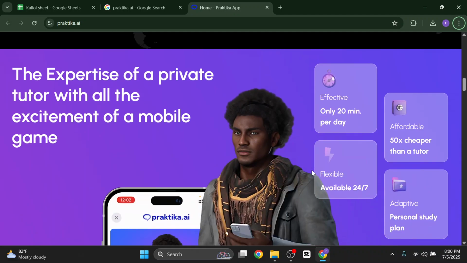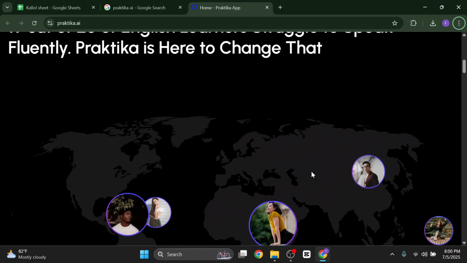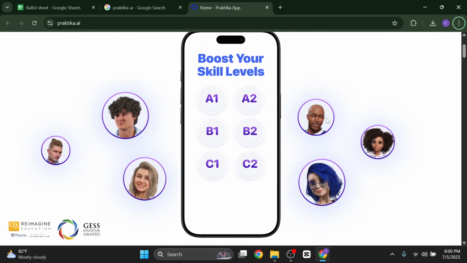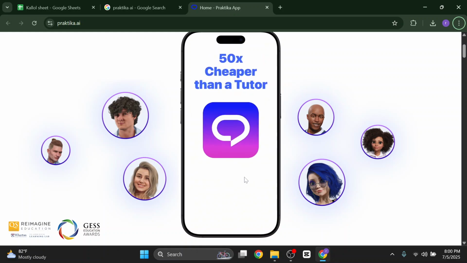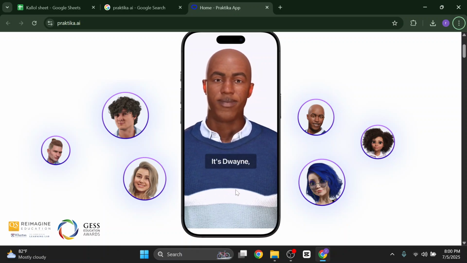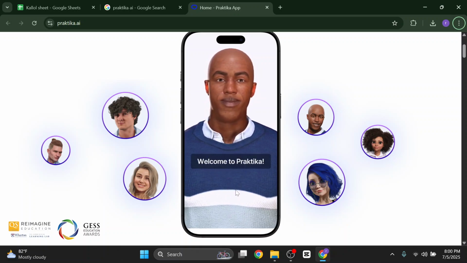After that, you have to meet your AI tutor avatar. You will be assigned a lifetime AI avatar tutor with natural voice, lip sync, and cultural background. Choose accents from American, British, Australian, etc. via the avatar menu. And after that, you have to engage in conversation lessons, like role play